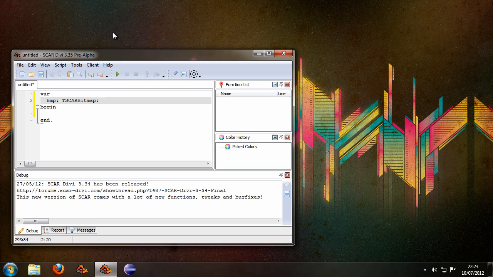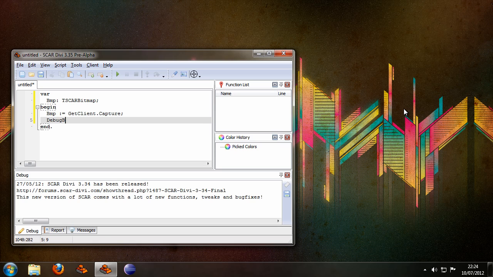show you a very simple way of generating a bitmap first from the client, and that's basically by just getting our client and calling the capture method, which will create a tscar bitmap object containing the entire client. Now the capture x method allows you to specify a box which you're trying to get from the client, but we're just going to use capture here, and then